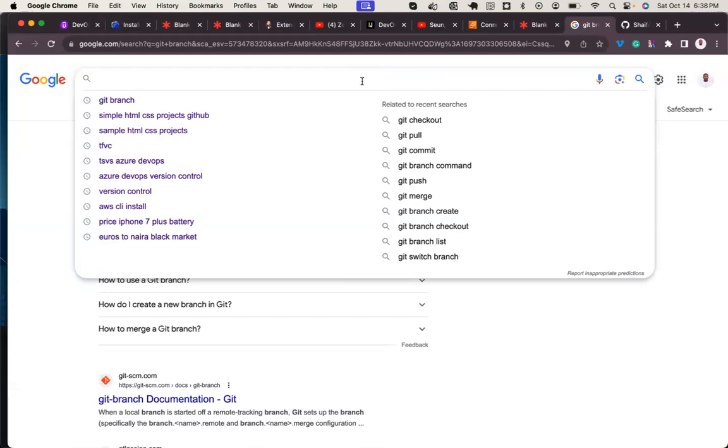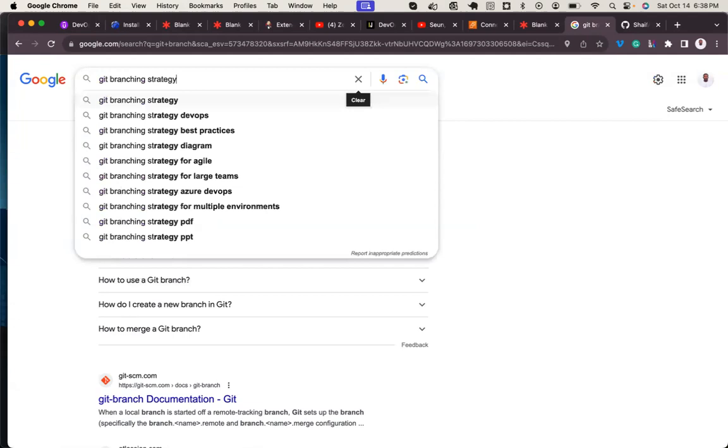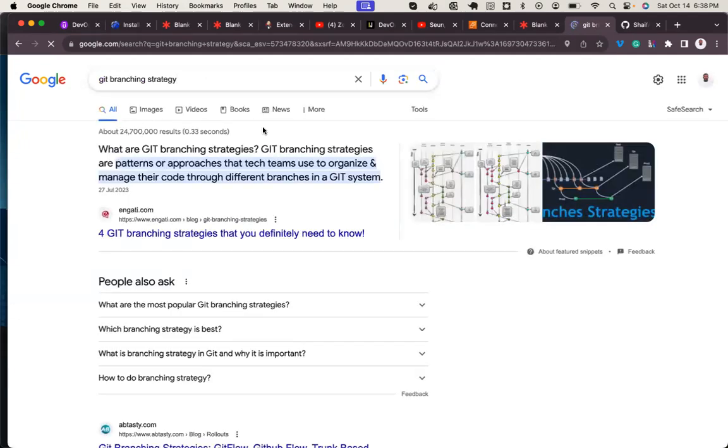Great. So let's search Git branching strategy. Now, what are Git branching strategies? Git branching strategies are patterns or approaches that teams use to organize and manage their code through different branches in a Git system.